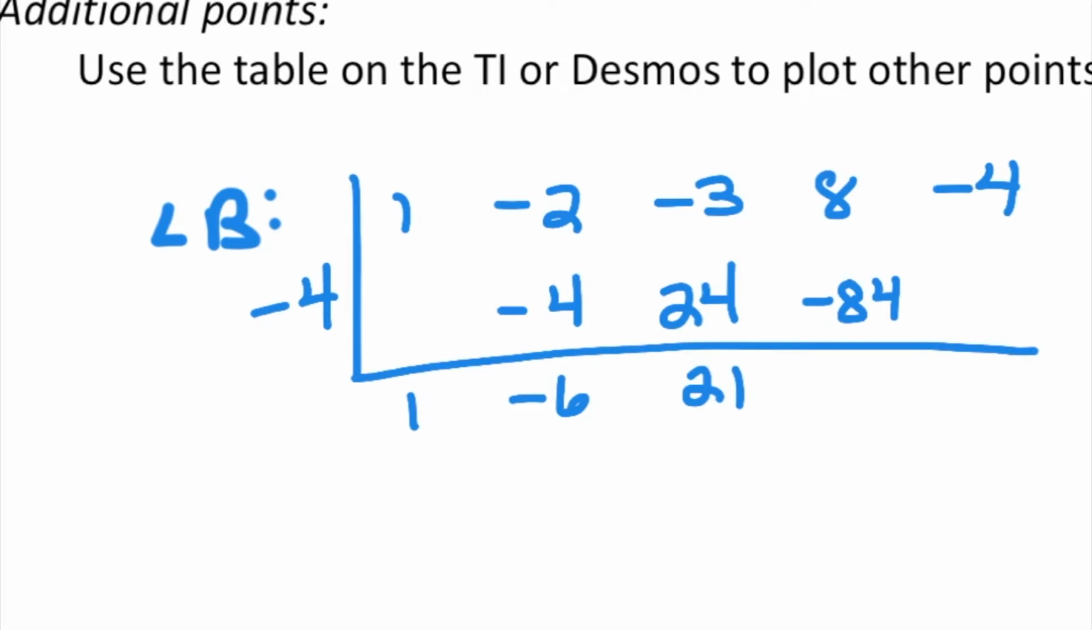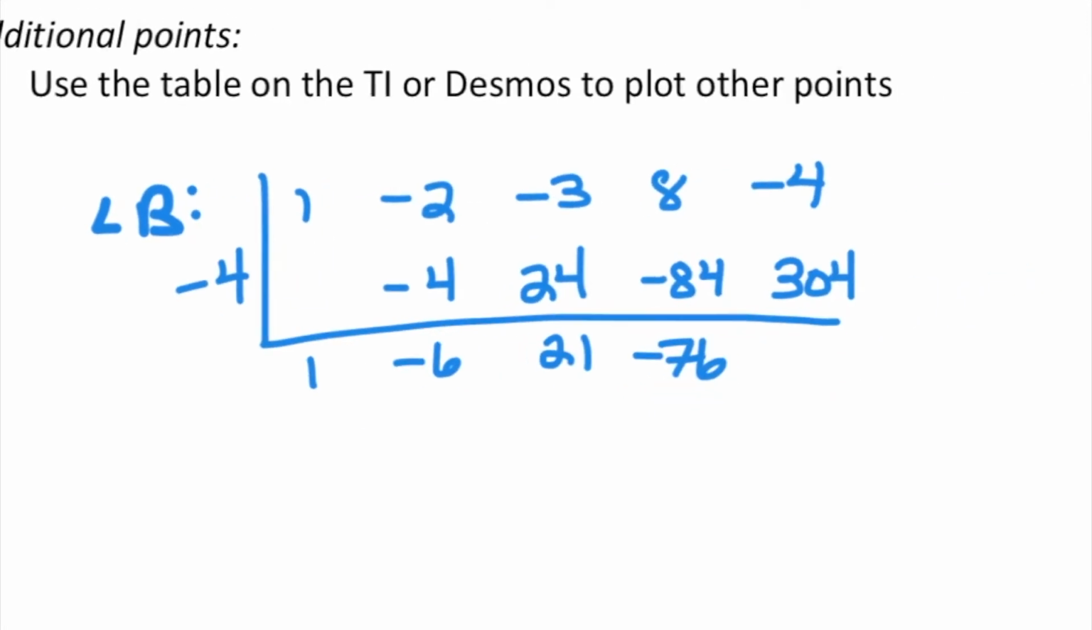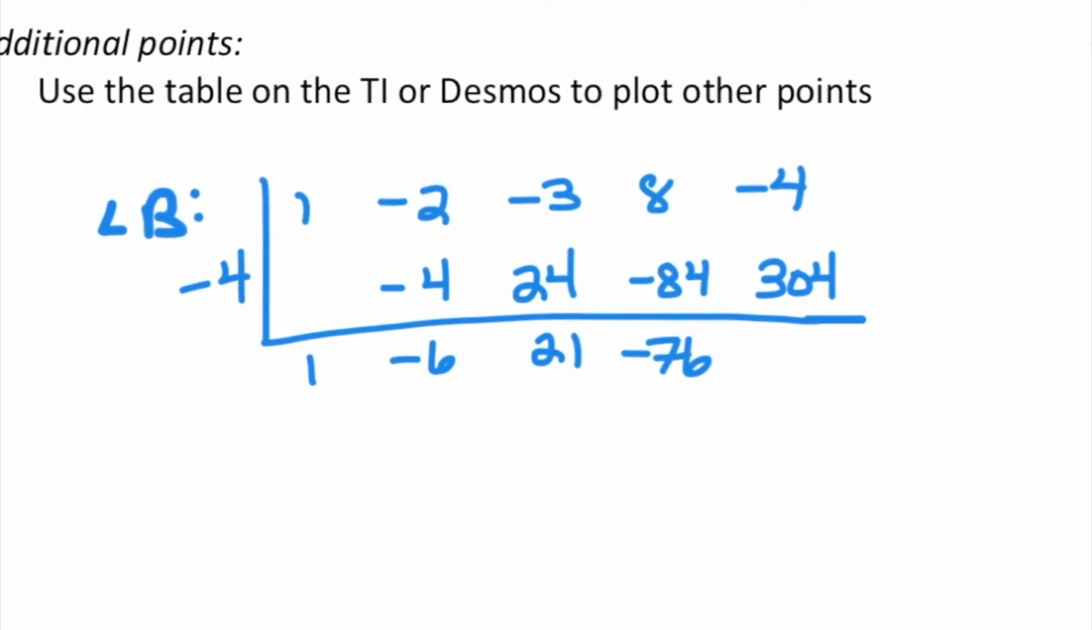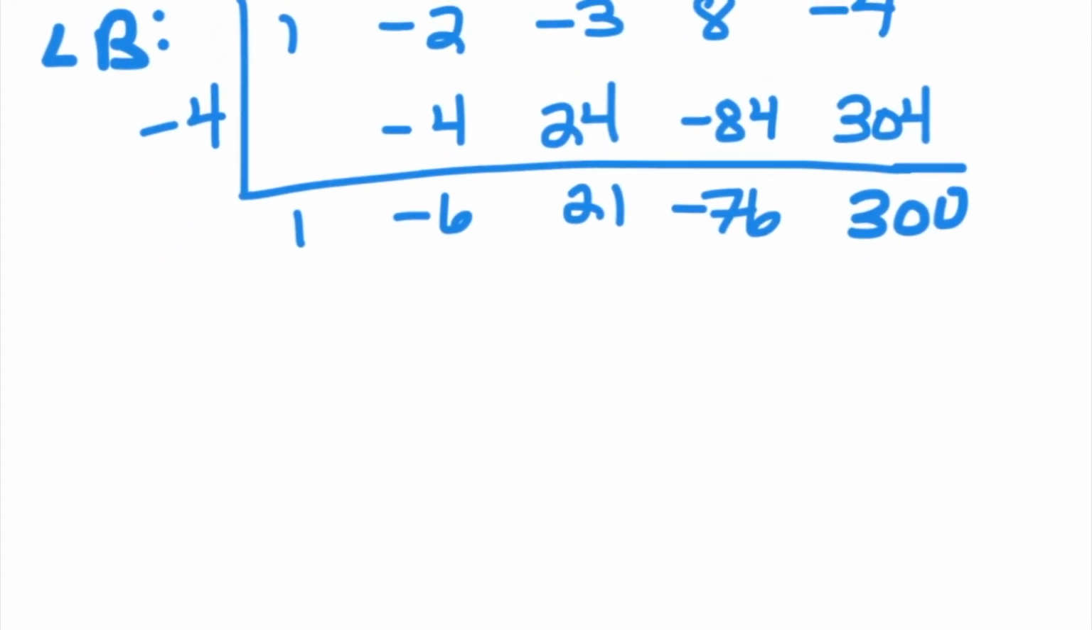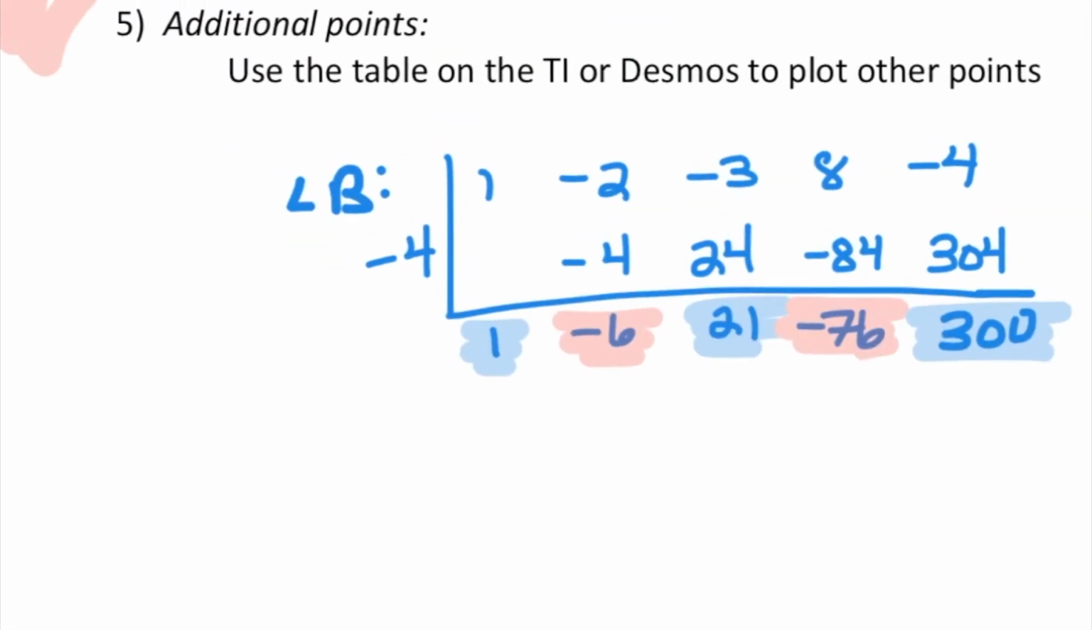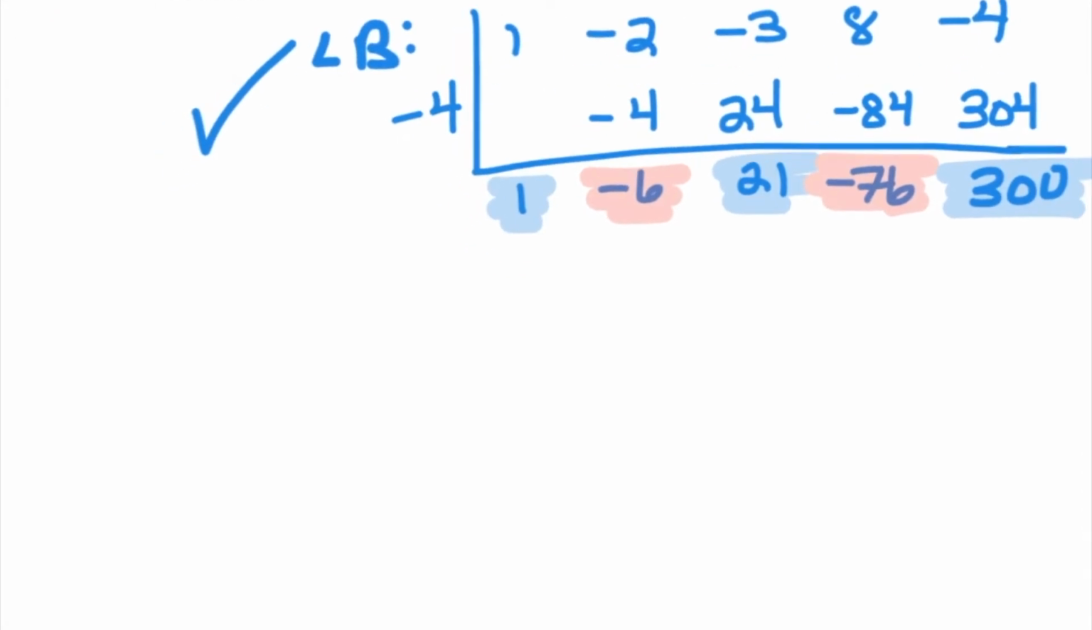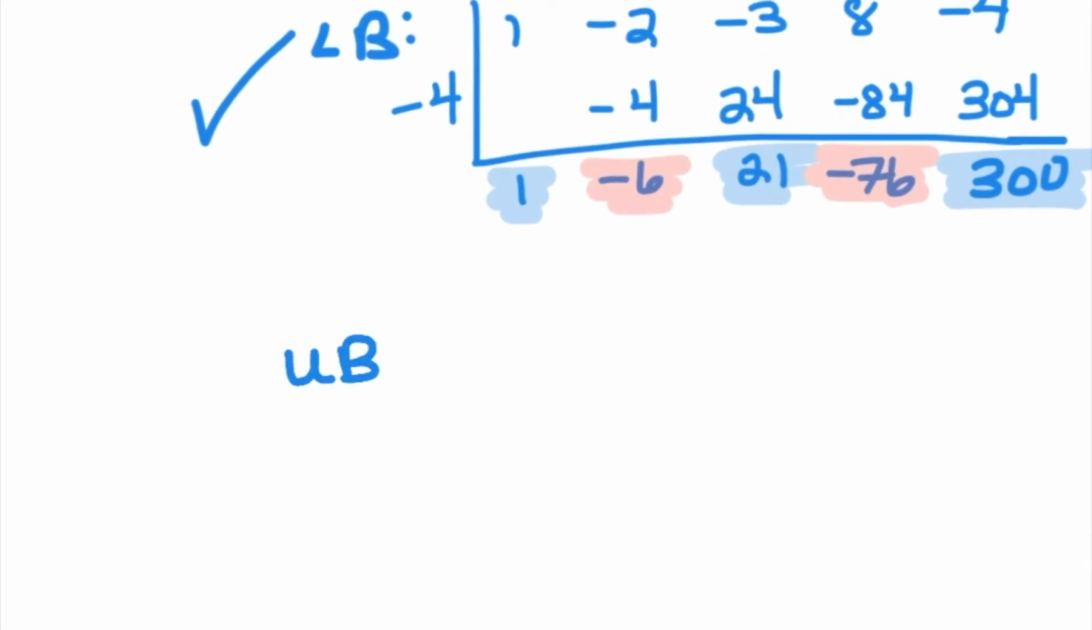8 plus negative 84 is negative 76 times negative 4 is positive 304. Hope you used your calculator and didn't just write what I wrote. Negative 4 plus positive 304 is 300. And remember that what you're looking for with the lower bound is that every other number is either positive, negative, positive, negative, positive. So my lower bound checks,